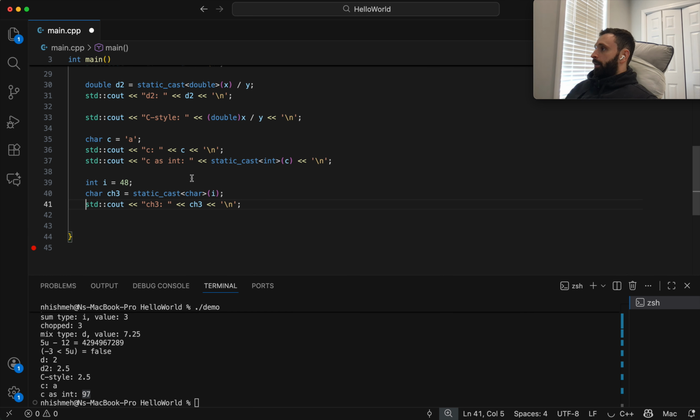Here we're explicitly narrowing the int to a character because the character can hold less information. It's narrower. An int is wider. It has more bytes than a char. So this is called explicit narrowing. Here, let's put a comment: explicit narrowing. And so let's print this out and see what the result is.